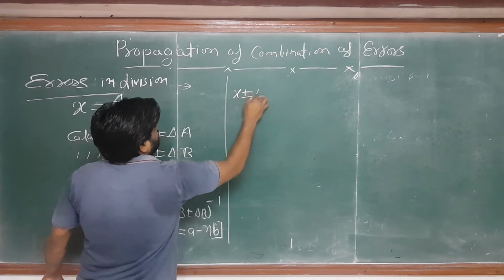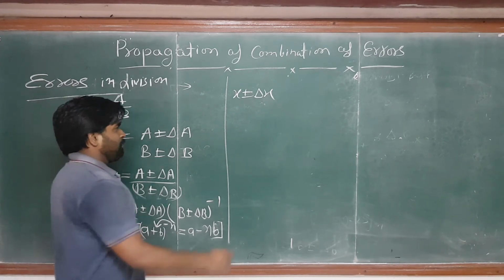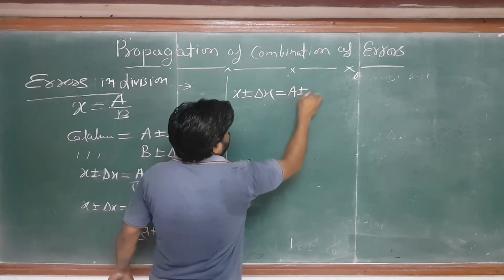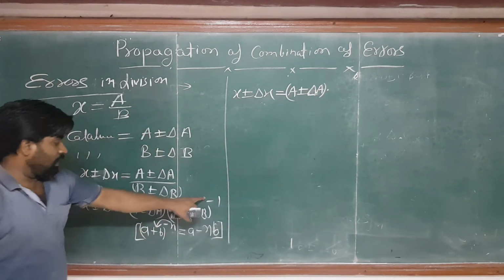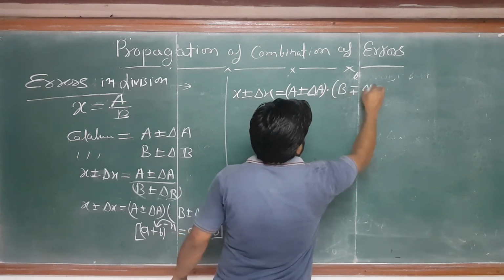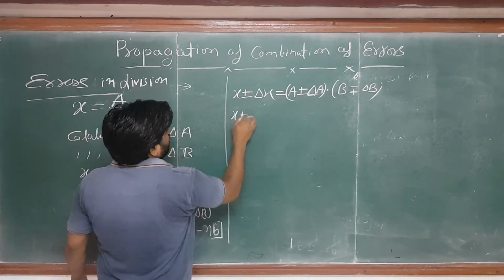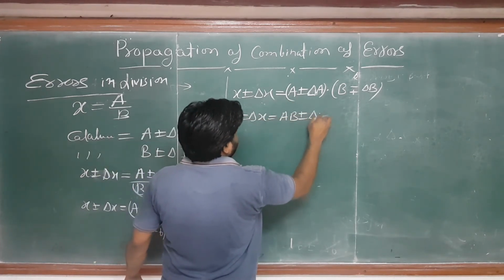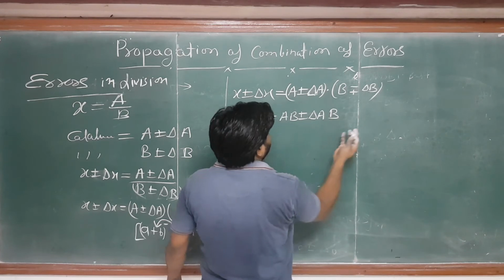Then (x ± Δx) — this is a mathematics formula that you will probably study this year in the 11th class in the polynomial chapter. So x ± Δx, so a ± Δa, dot product with b ∓ Δb, the sign got changed. Just do the multiplication: a dot b ± Δa dot b, and this product with this b, the sign will not change.